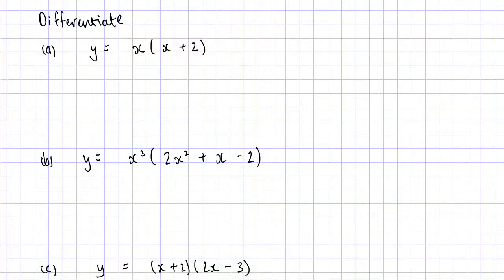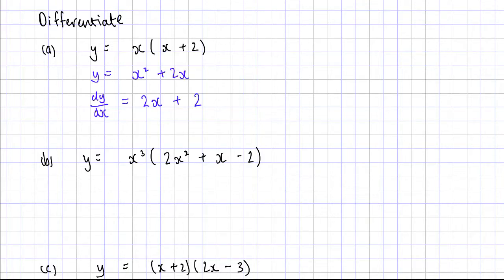In this video, we will need to multiply out some brackets before we differentiate. So we need to differentiate y equals x times (x plus 2). Okay, so I'm going to need to multiply out these brackets first, and then I'm going to go from there. So I'm going to say y is still equal to x squared plus 2x. Now I can differentiate, so I can say dy over dx is equal to, so it's going to be 2x